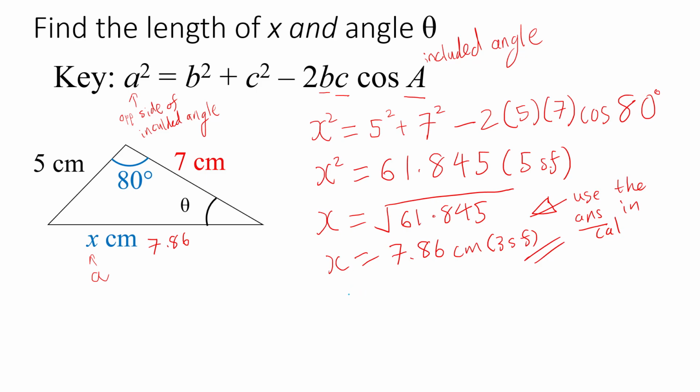Since we want to find theta, we put theta down here. And remember, you need to sine the angle because we are using sine rule, what we learned in the previous video. So sine theta, what's the opposite side? The opposite side is 5, is equal to